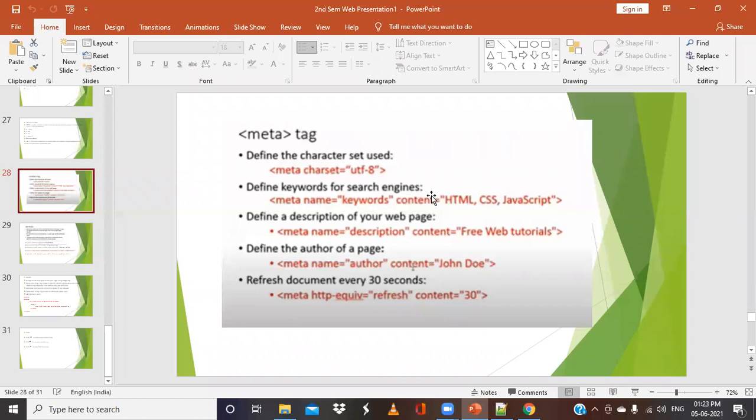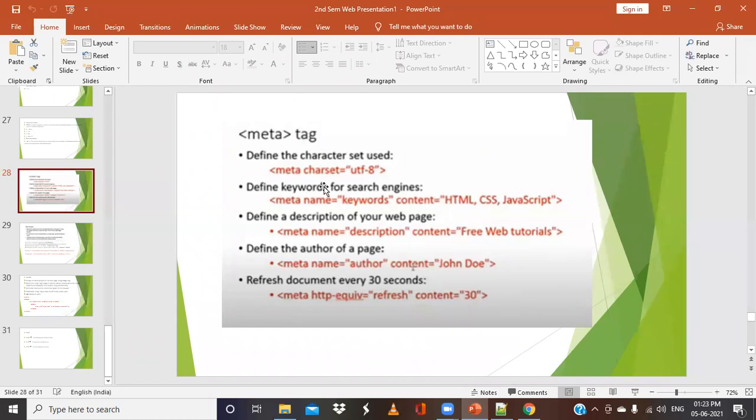Whenever you type some keywords in Google or any Yahoo search engine, it will match those words and give the related information. For such purpose, we use this meta tag. Basically they are not meant for the users, they are meant for the browser's perspective.